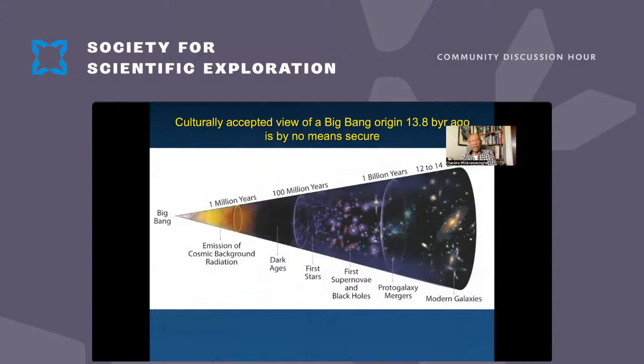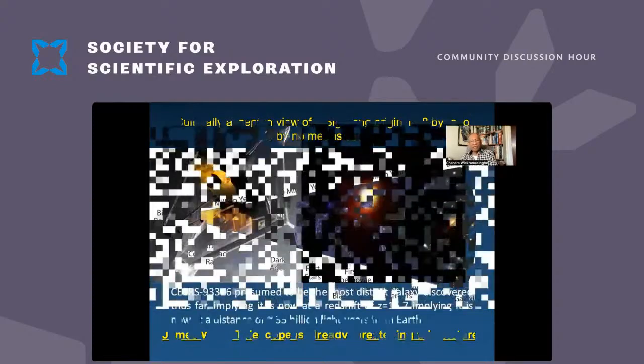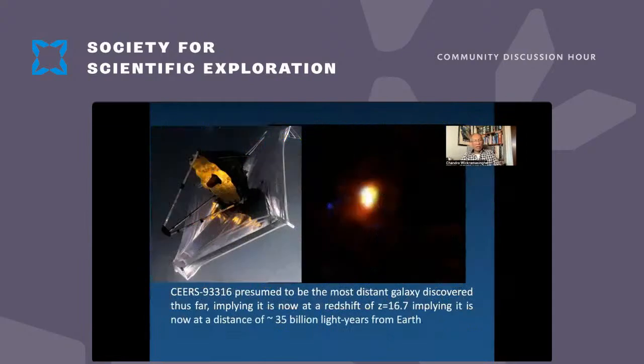Big Bang, 13.8 billion years ago, and there's a huge catalogue of events that have been charted, some supported by astronomical observations, some through pure speculation. So 13.8 billion years ago is the current preferred date for the origin of the Big Bang universe. But the James Webb telescope, which began to function only a few months ago, is already threatening this picture very seriously. This is an object called CEERS